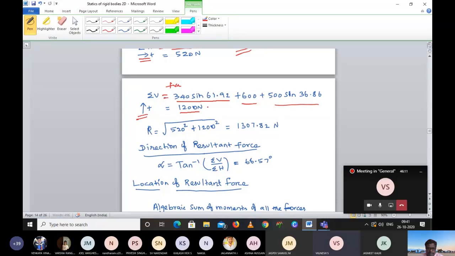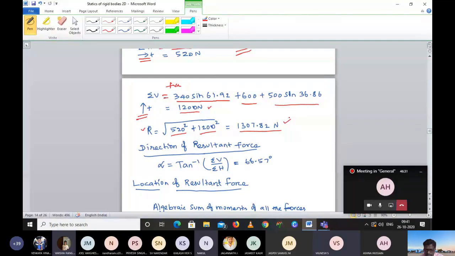And we got the vertical force. And you know how to calculate the resultant. Am I right? Horizontal component square and vertical component square, and you got this answer. Are you getting the same answer? Check it out. 1307.72. Okay, very good. No problem about that. 8 and 7 doesn't matter. Any other doubt? No, sir.